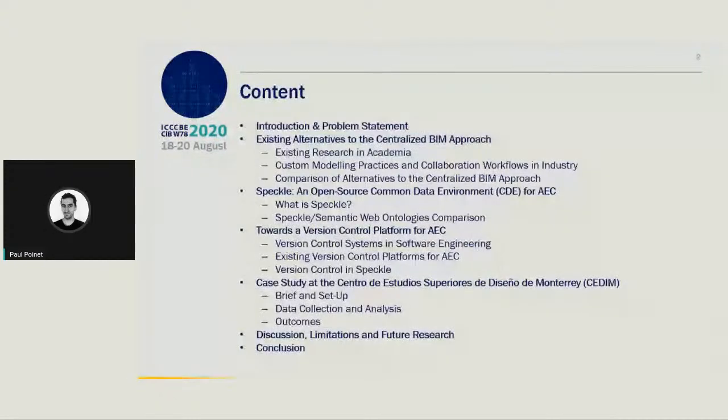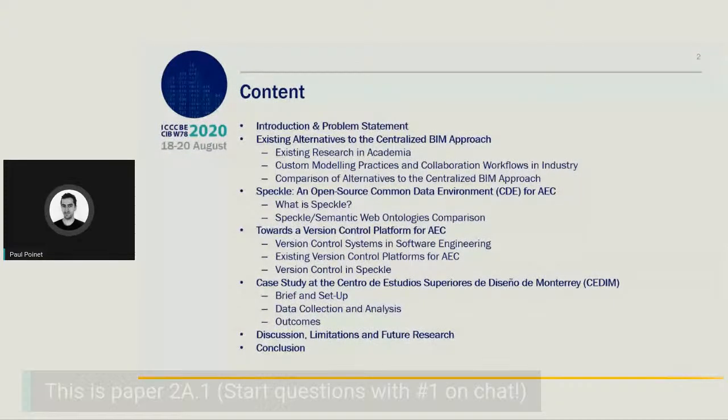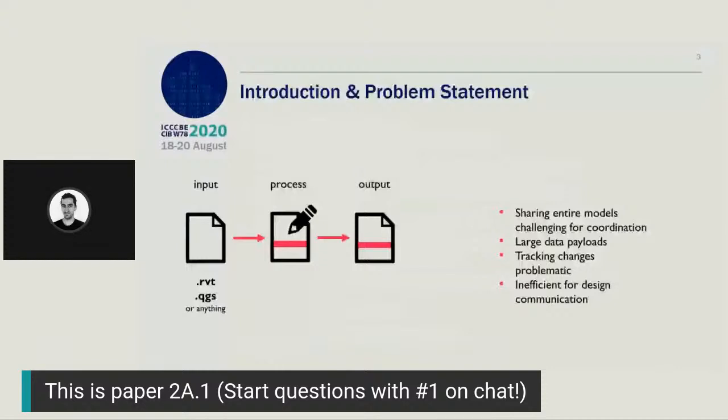So here is a slide about the contents. First, introduction and problem statements. Then I will present some existing alternatives to the centralized BIM approach. Then I will present Speckle, which is an open source common data environment for AEC. Then present what there is towards a